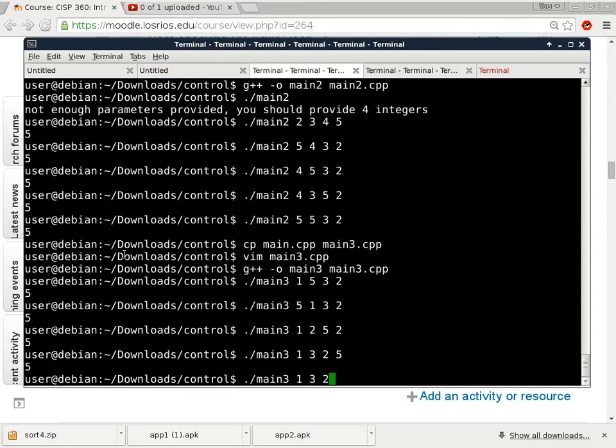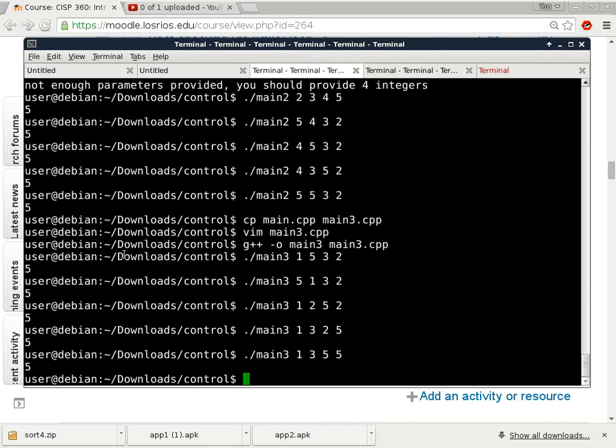Well, let's try duplicate values. 1, 3, 5, 5. That works too. What about 5, 5, 1, 2? Let's think about it, okay? Now, because I put it this way, it means something is not right, right? So if something is not right about this particular test case in this context, what do you think is going